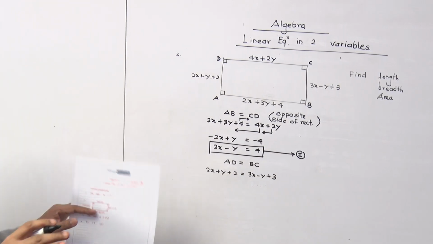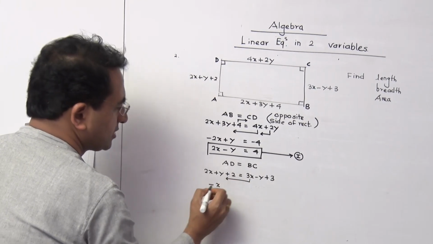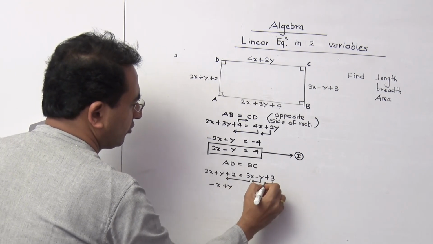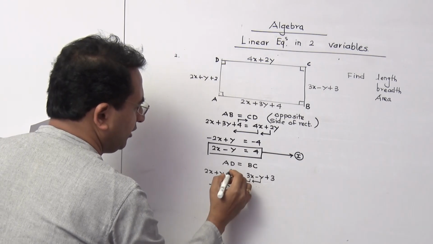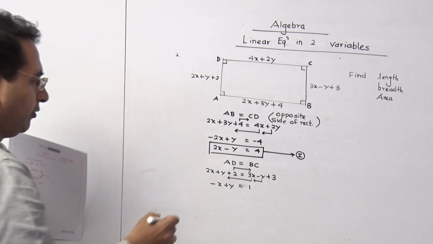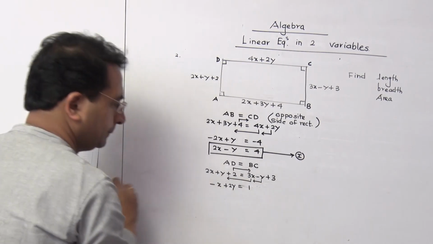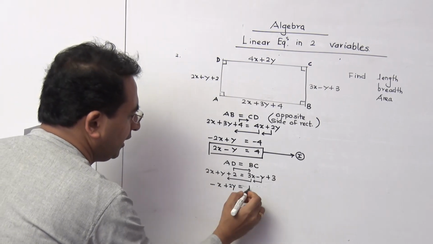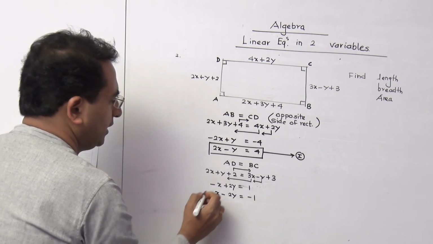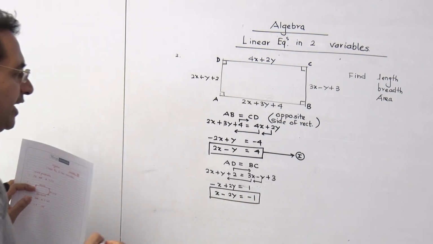This is not the standard equation, so we have to make it standard by transferring to the left. It is minus x. If I put y here, then it is plus y. Then 3 is transferred to that side, that is going to be 1. Now y is transferred positive, so it becomes 2y. Then we never write the equation like this. It becomes x minus 2y is equal to minus 1. This is the second equation that we have got.